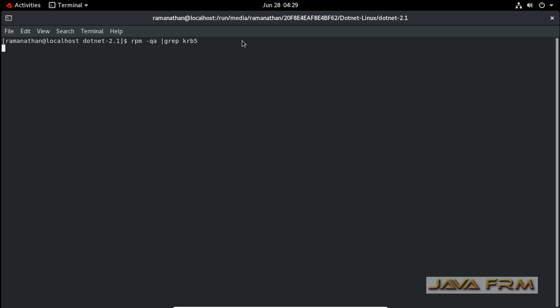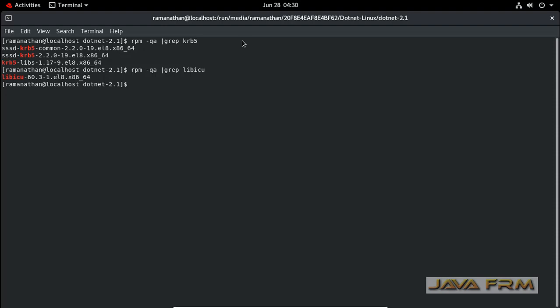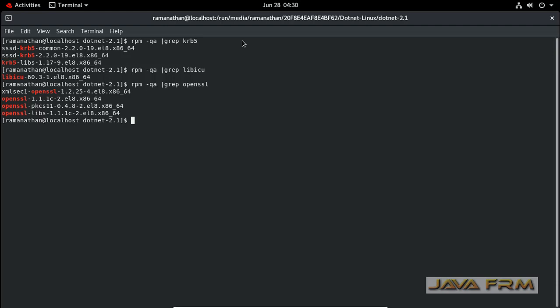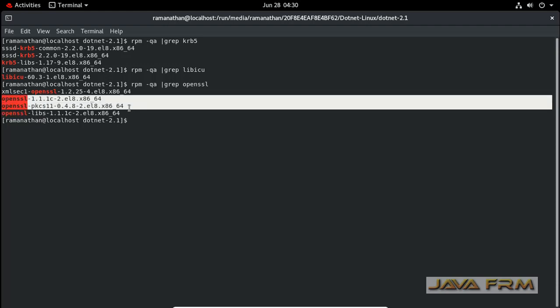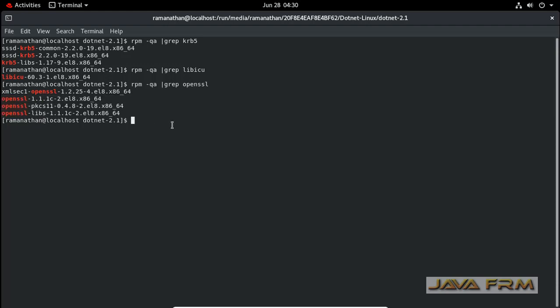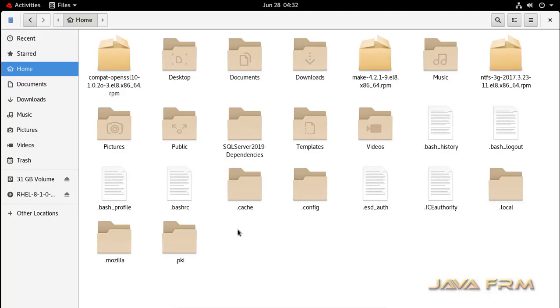Okay, so before we proceed to install, we are going to check the dependencies. So I am checking the dependencies that should be already installed. So KRB5 libs, libicu, OpenSSL. So here in Red Hat Enterprise Linux 8, OpenSSL is 1.1.1, which is higher than the previous version of Red Hat Linux, and zlib. So these four dependencies are essential to run .NET Core. And one more thing,